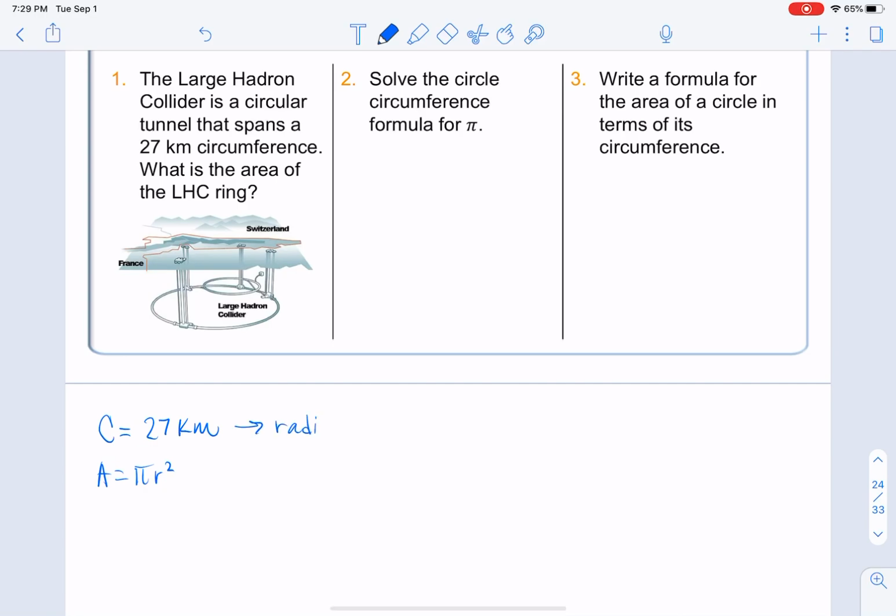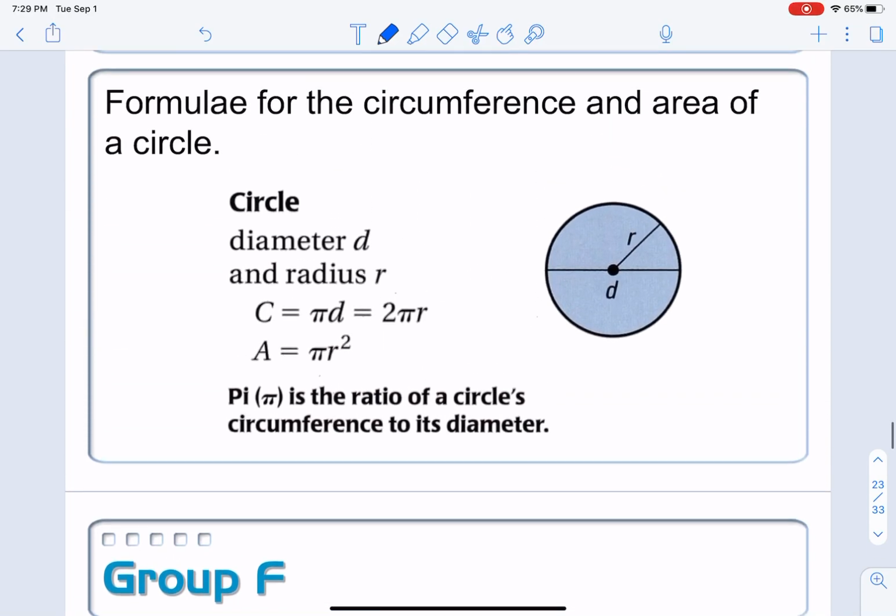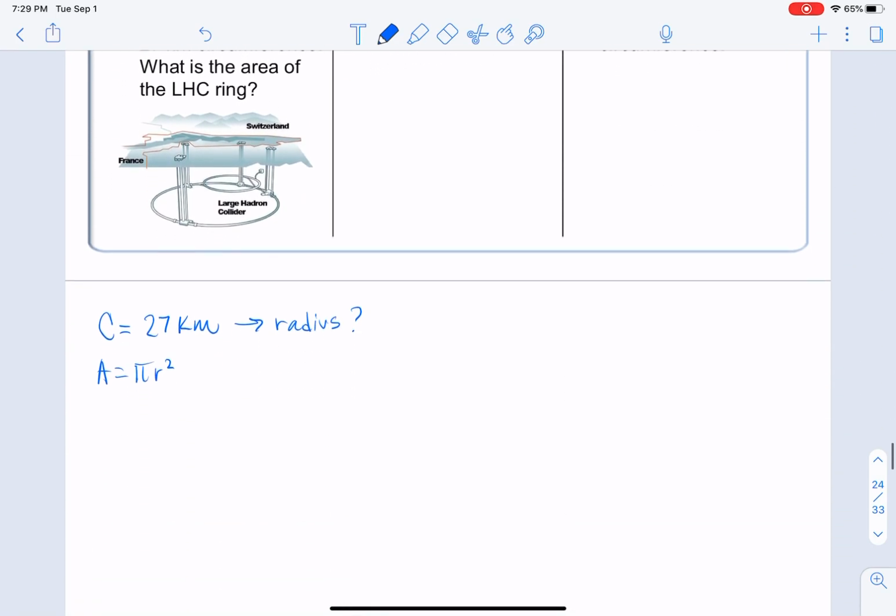Radius, question mark. Since I need to know the radius, let's look back at our formula for circumference. I got 2 possibilities. I got pi times d, or I have 2 pi times r. Which one am I going to use? Since I need to figure out what the radius is, this is the one that makes the most sense here, right? Okay, so we're going to take our